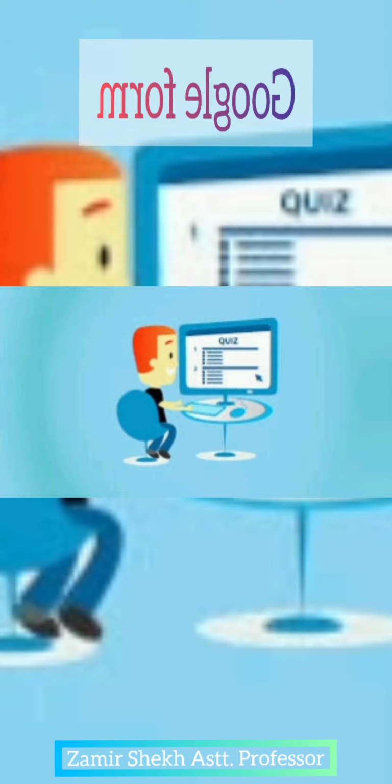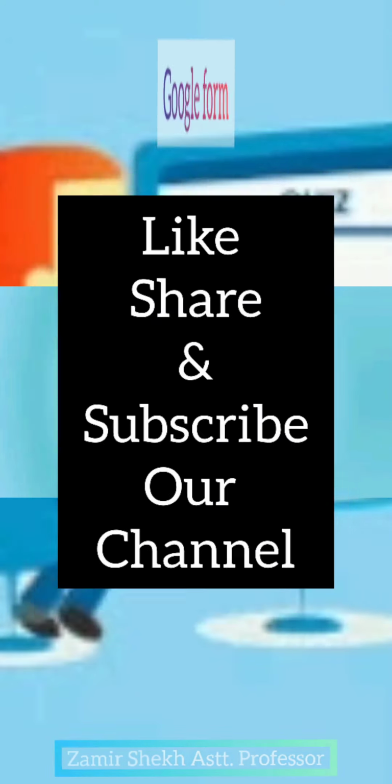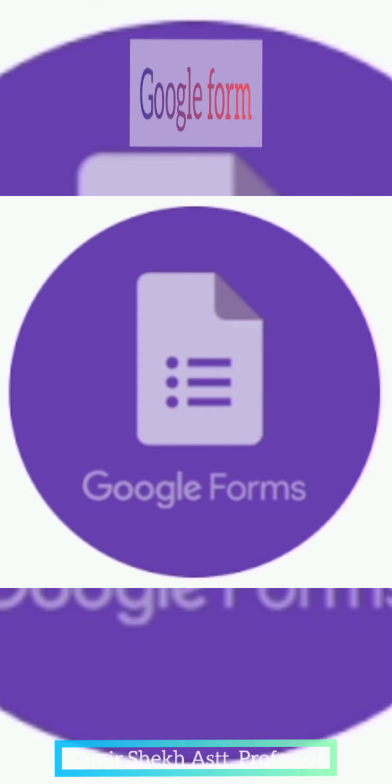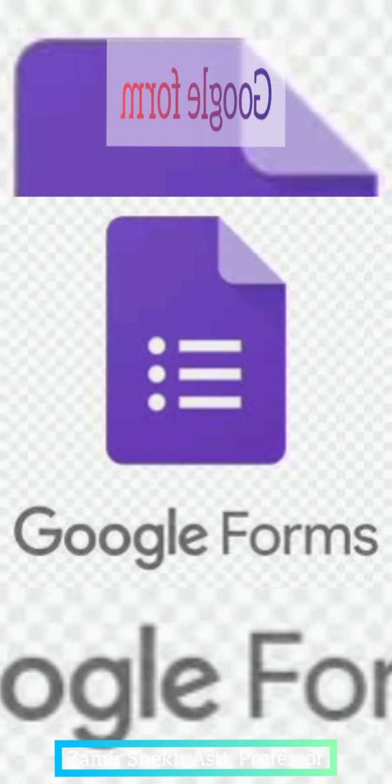Today I am going to discuss how to build an online MCQ test. For an online MCQ test, we have different applications. One of the most widely used applications is Google Form. It is a Google application, and for that you require a Gmail ID. On that we can build a test, build a form. So this is the actual open form.